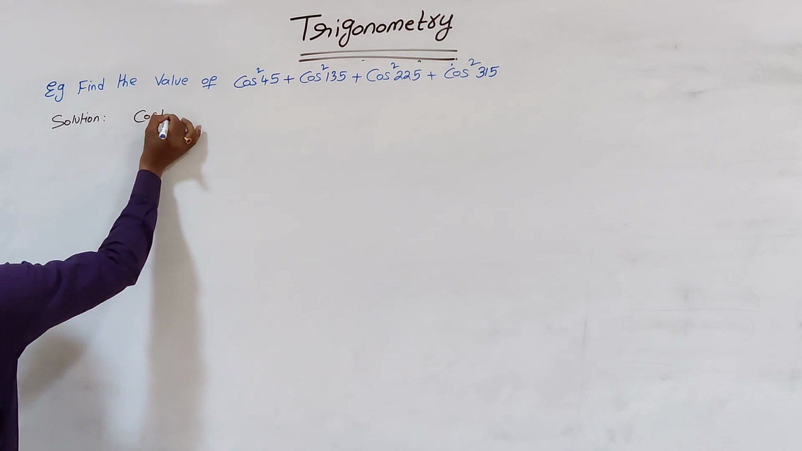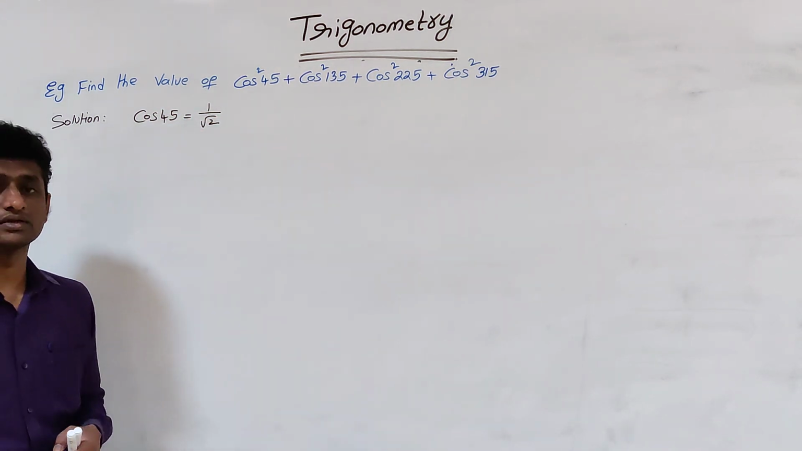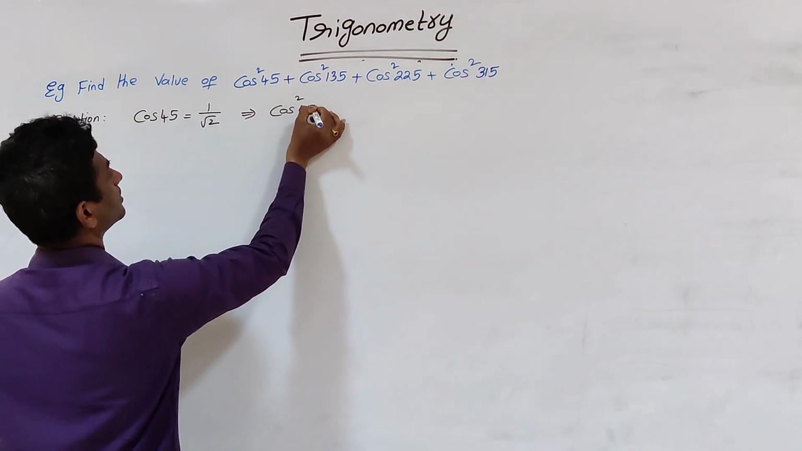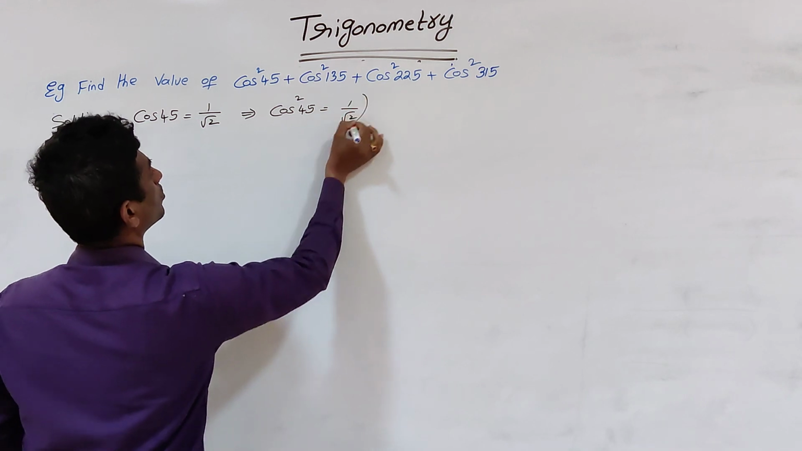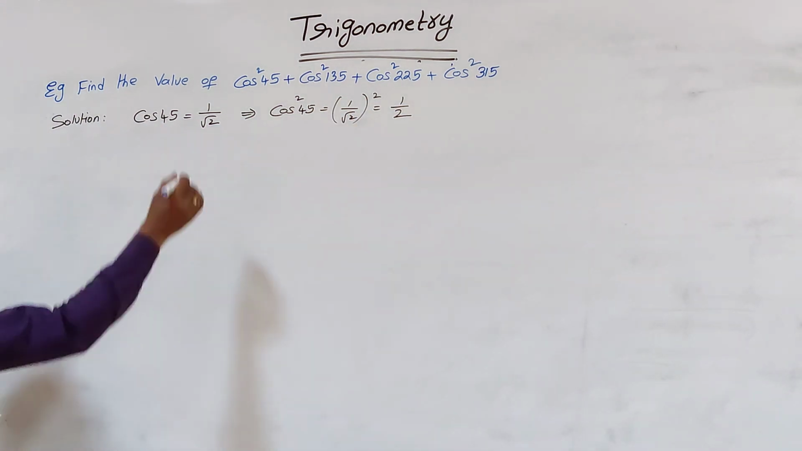Cos 45 is 1 by root 2. Square is there. So what is cos square 45? Cos square 45 will be 1 by root 2 whole square. So that will be 1 by 2. Coming to the